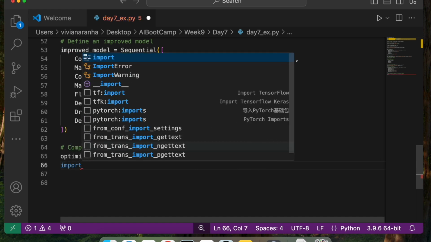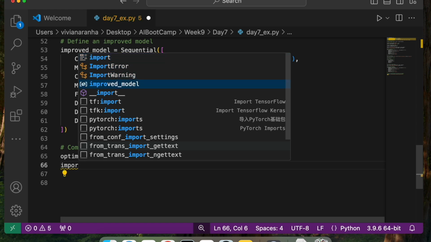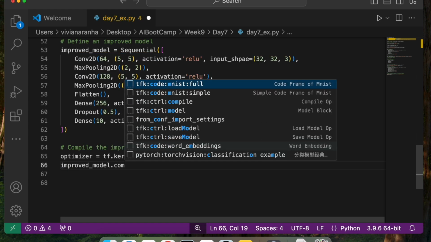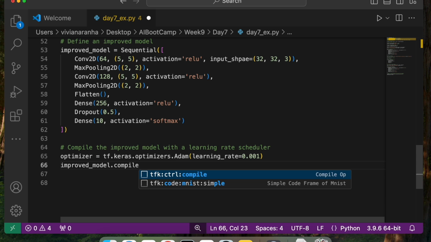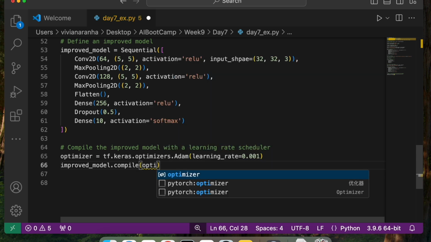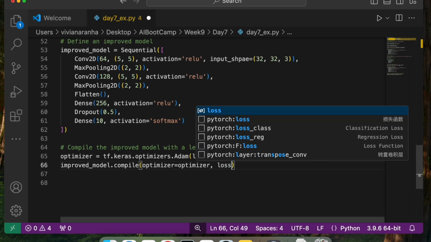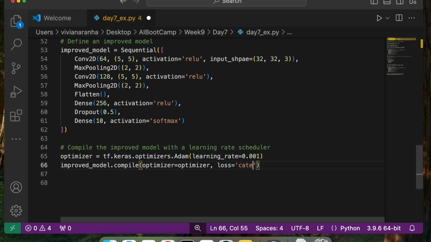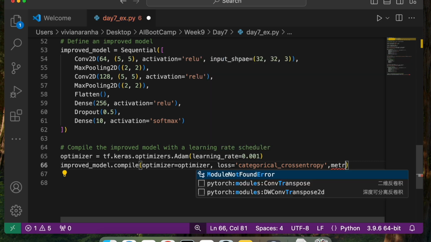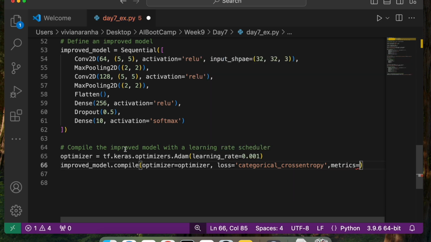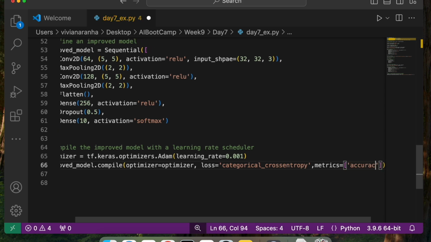I'm going to say improved_model.compile, and to this compile I'll pass the optimizer, which is my optimizer that I've just defined above, loss equal to categorical_crossentropy, and then metrics equal to, if you remember what we used before, accuracy.